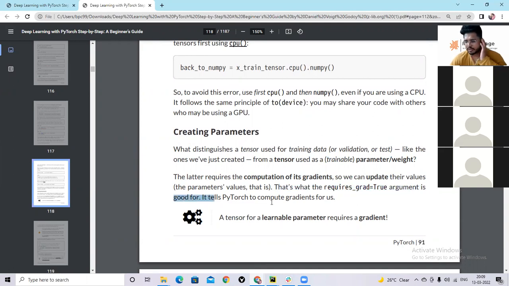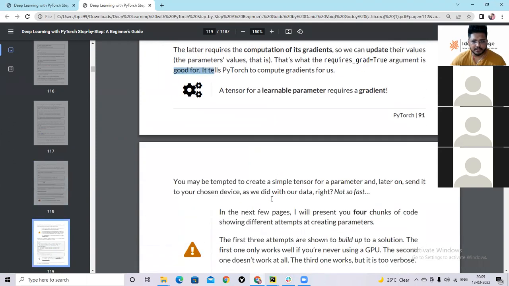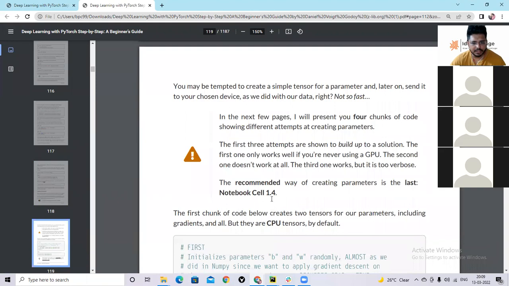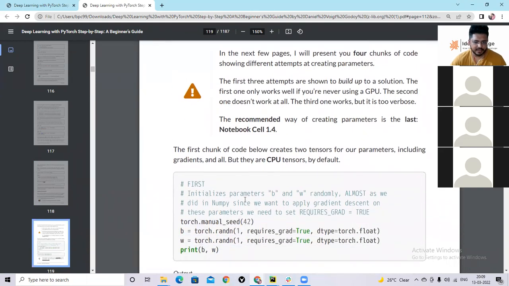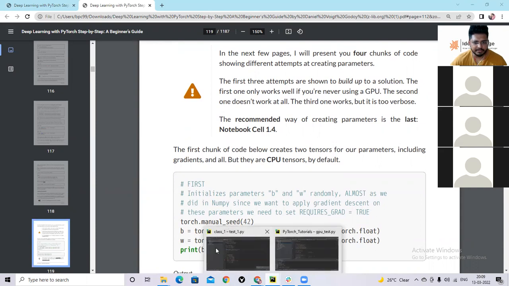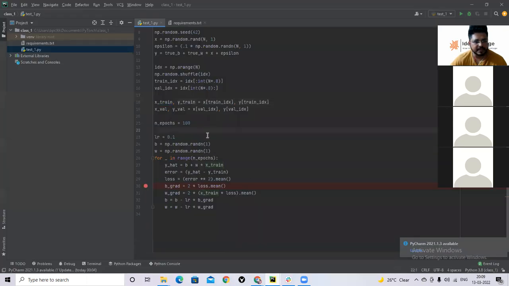You see, it is so easy now. In our earlier code, we initialized b and w randomly, right? We initialized b as a random value, w as a random value, and slowly iterated through it and did the gradient descent.